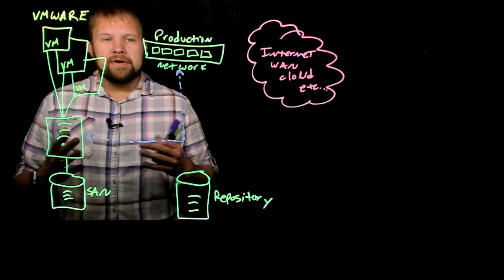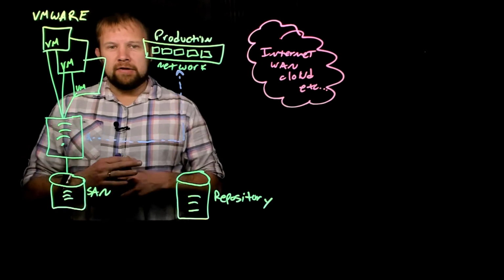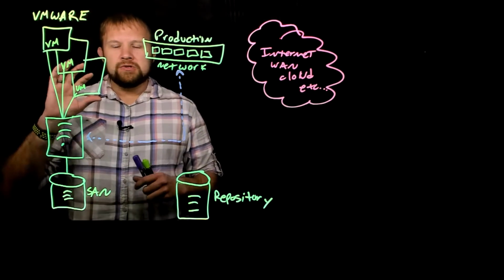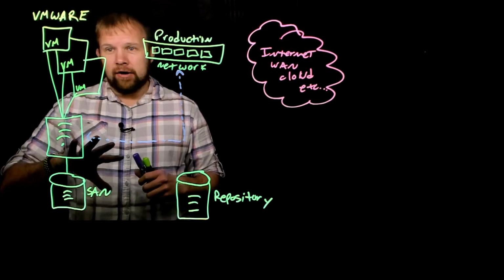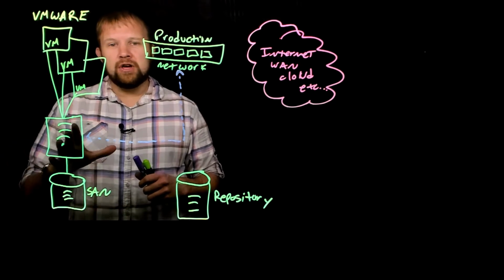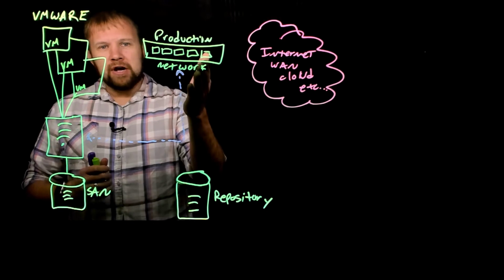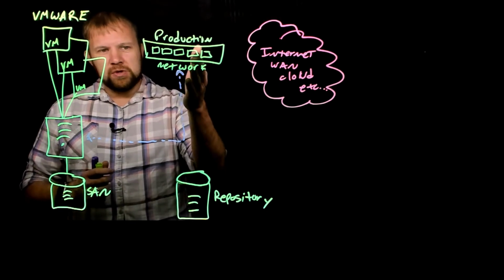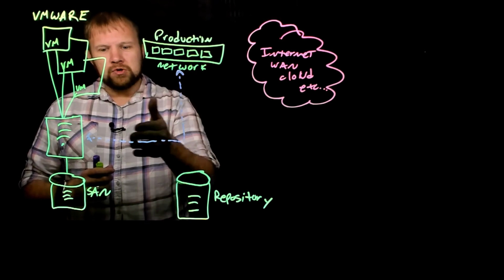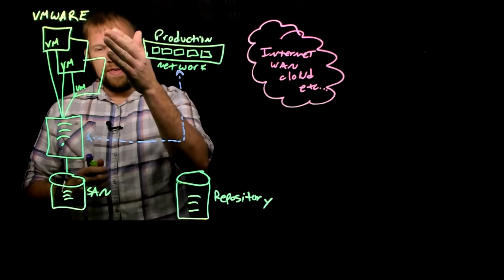Okay, now that we've got our VMware environment laid out, let's review exactly what we've got. So essentially, you've got a simple diagram. We've got 3 virtual machines running on an ESXi host connected to our SAN. We've got our production network illustrated here with this switch diagram, and we're drawing this connection, meaning that the VMs